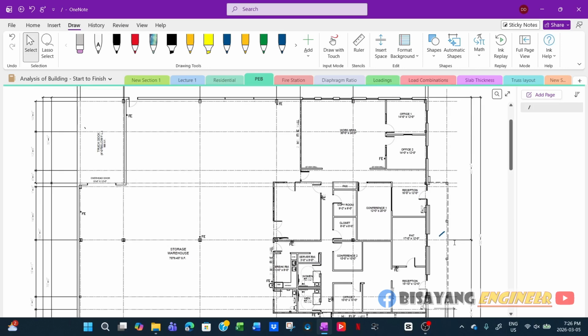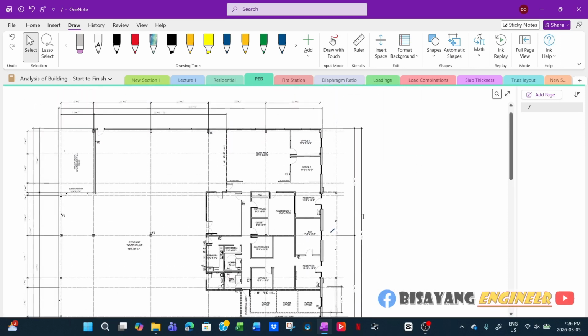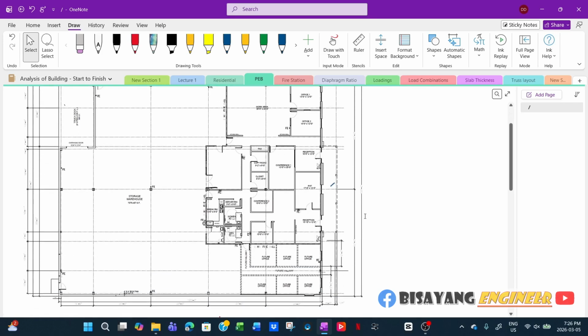So for example, if this is a commercial building and we will use conventional framing, we can do the same layout as the wood framing, like wood trusses. In this particular architectural drawing, the columns are already laid out. So all you have to do, as the structural engineer, is size these columns based on this layout. So the columns are here,